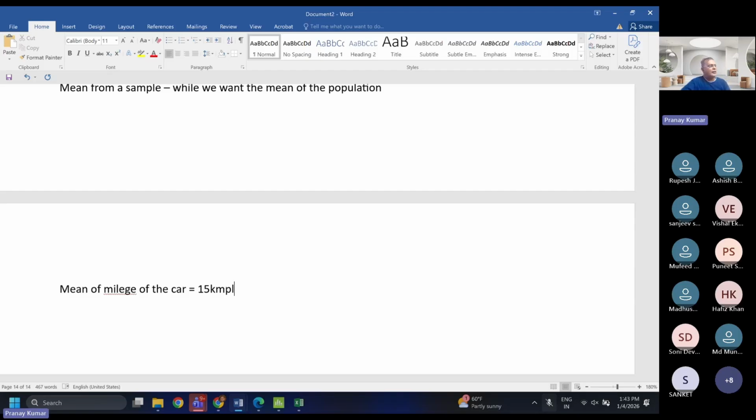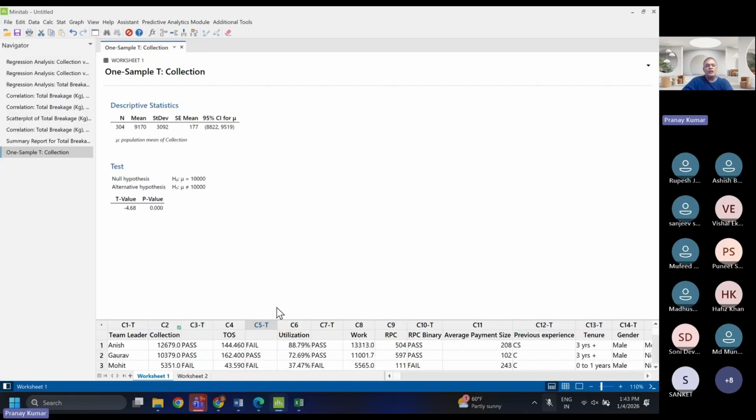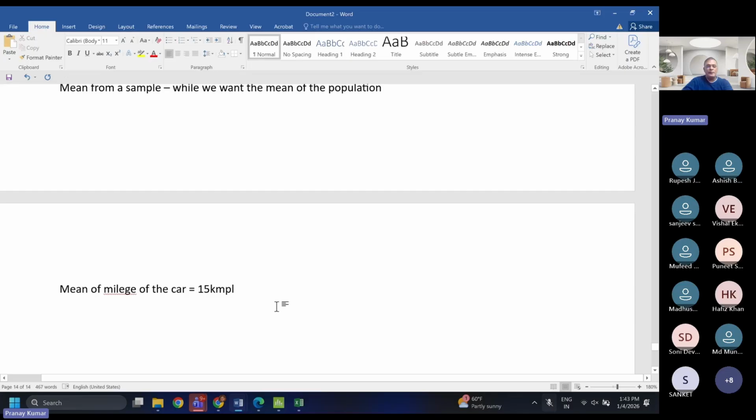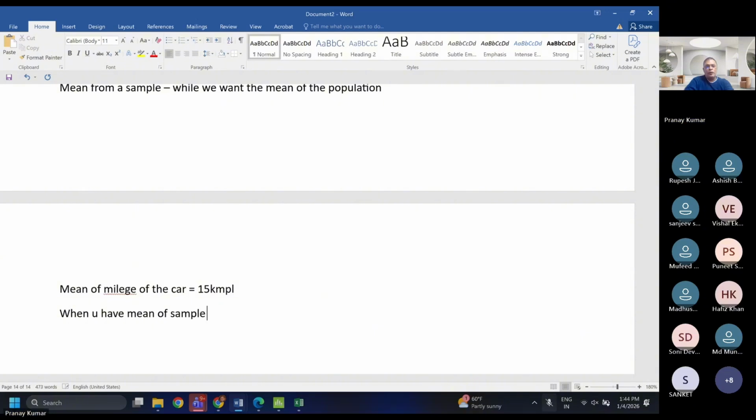But मेरा इंटरेस्ट क्या है? उन 20 गाड़ियों के बारे में तो इंटरेस्टेड नहीं हूं मैं. I am interested in the larger story. So when you have the mean of the sample, population का mean जानने का एक बहुत आसान तरीका है. When you have the mean of the sample, referred to as